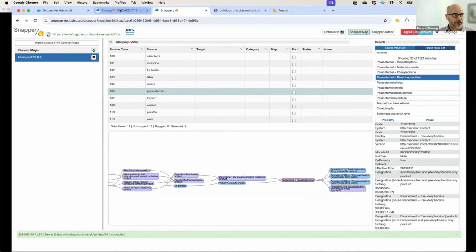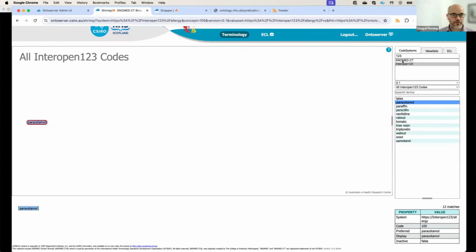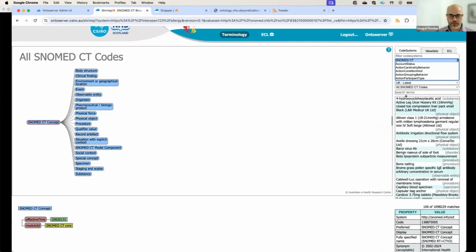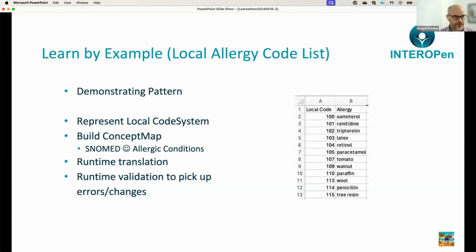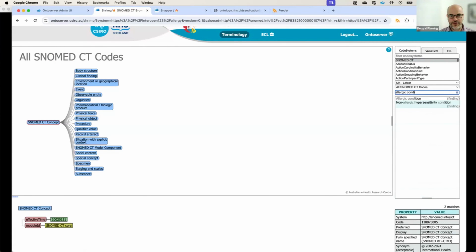But what we can do, if we go back to what we learned earlier, is rather than try and map to everything, we can constrain the target of our map using a value set. So we'll go back to shrimp, right? And we will go and find the hierarchy that we're interested in. So in this case, it's going to be allergic conditions. So if we go and look for allergic conditions,